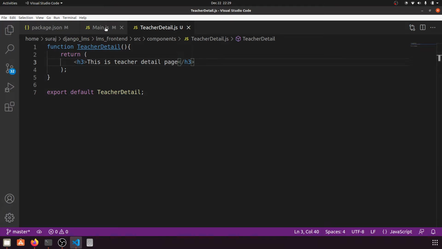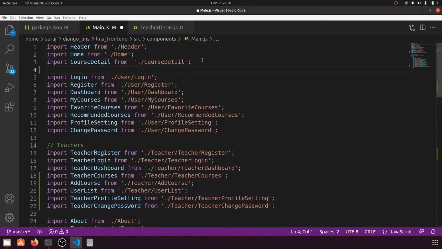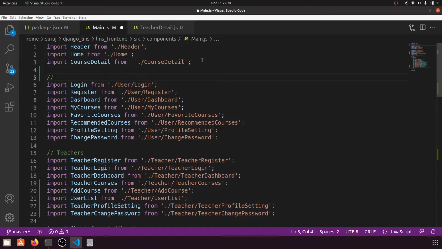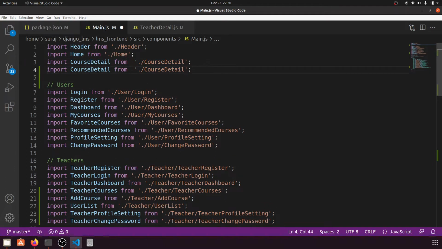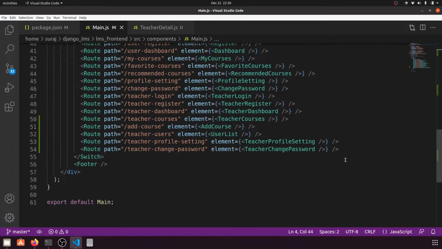Now in the main.js, this is for the user. Let's say user. Now here we will say teacher detail and we will show it here.